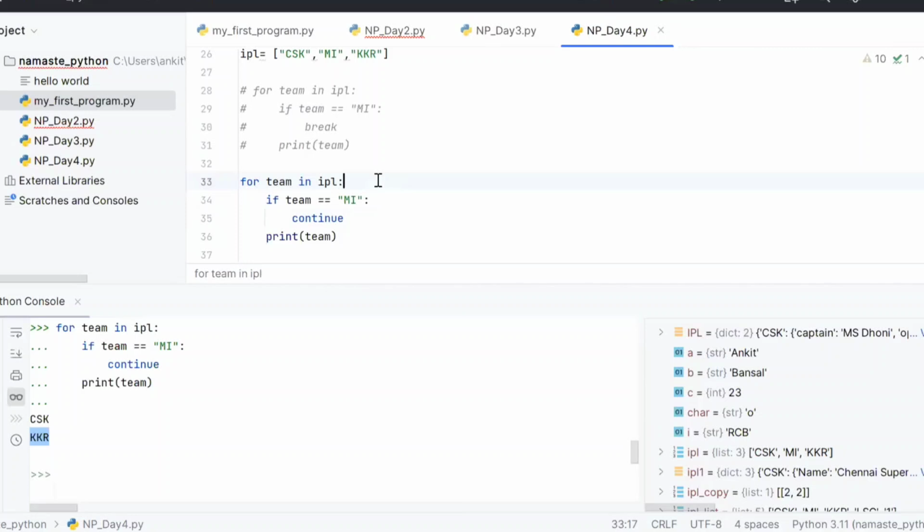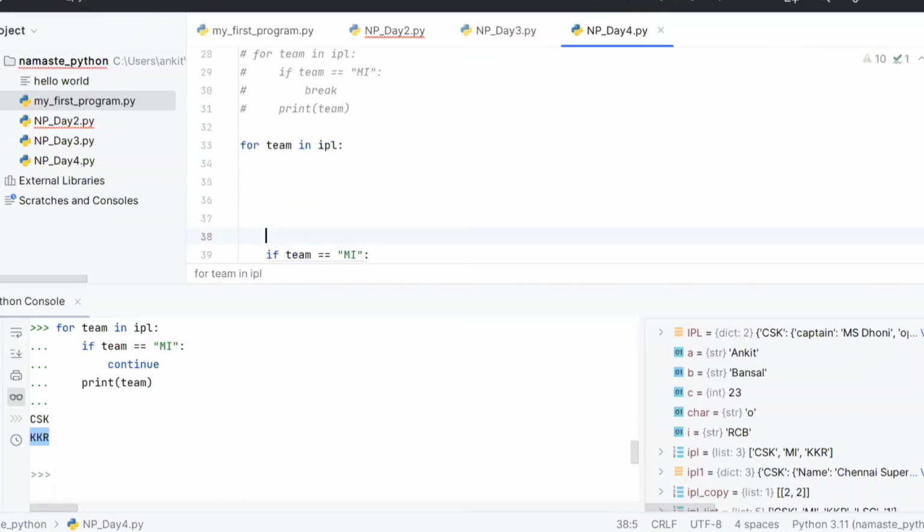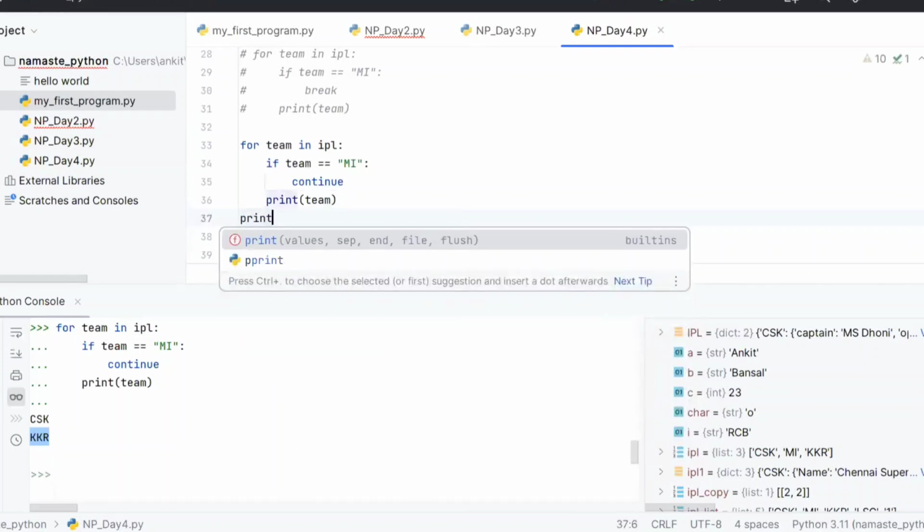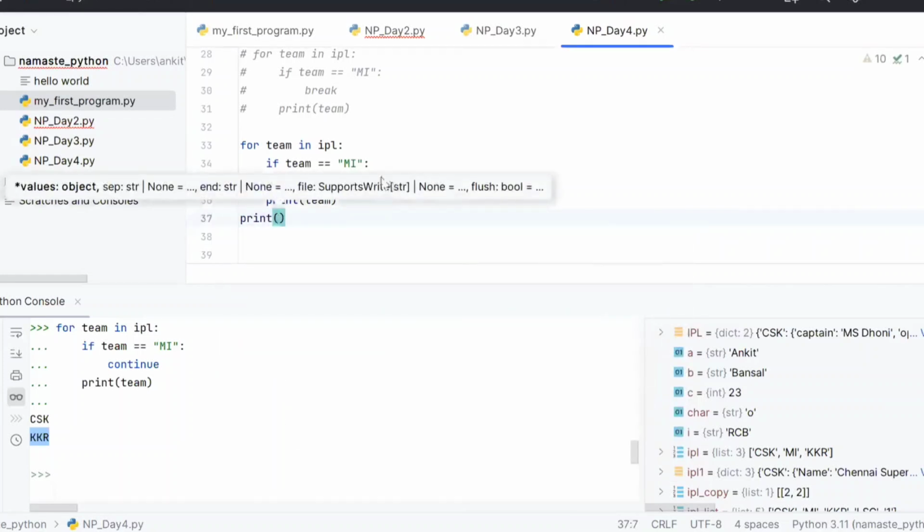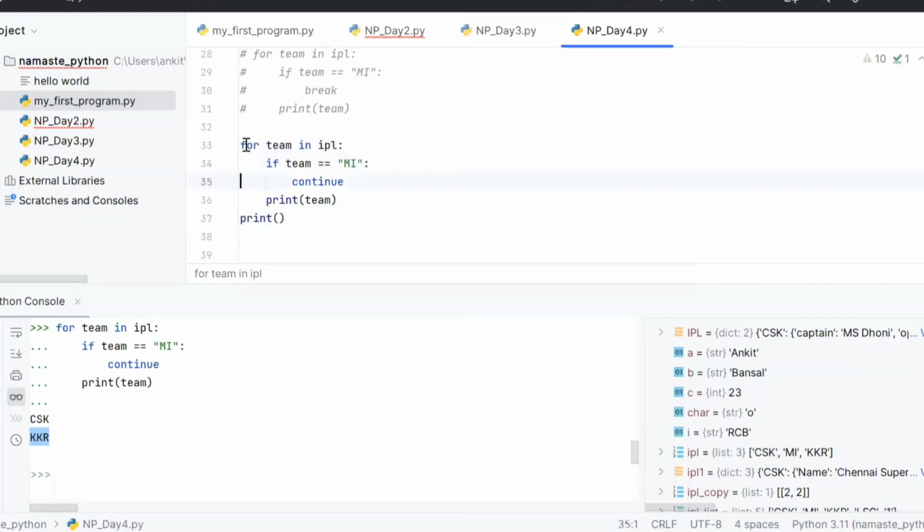Okay. So it is simple. It will come more with practice. But see, when you are starting a loop or any if condition, you have to give indentation, right? It automatically comes like that in the IDE. And as everything inside this is within the for loop, the moment you come out of the for loop, just come out of the indentation. So if I write anything like print here, it is out of the for loop, because it is parallel to the for loop, there is no indentation. So this is out of the for loop.